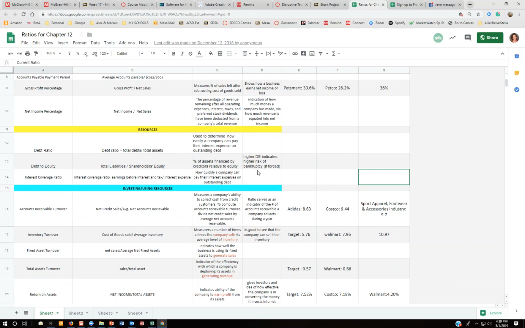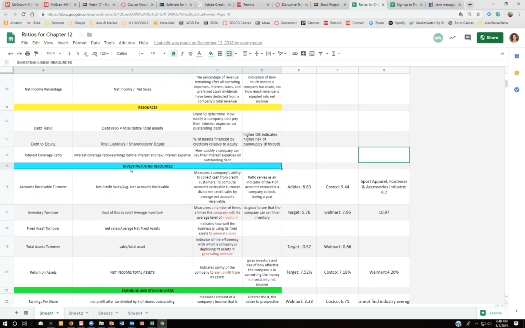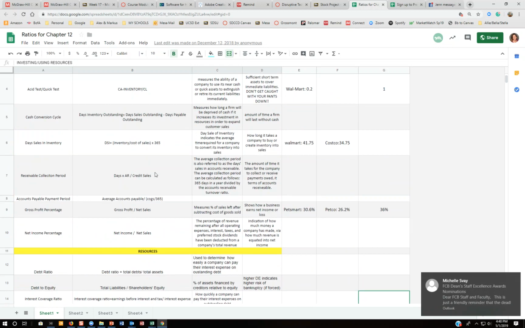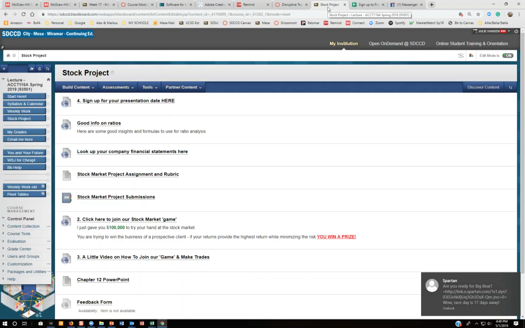So you can see these are the ratios as it relates to earnings and stockholders, investing, and how they're using their resources, and so on and so forth. Okay, so I hope that helps. That is your ratios. And then for the stock market,